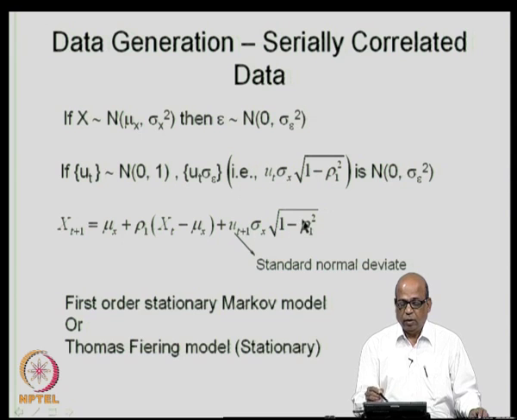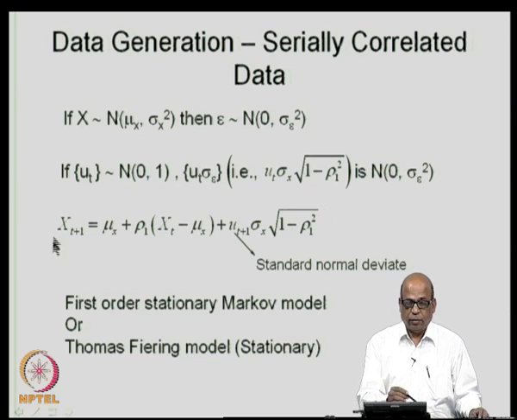Why do we write this? This we are writing to ensure that the sequence that we generate will have a normal distribution, that is, this random term will have a 0 mean and a variance of sigma e square. That is why we are introducing this. What is this u t plus 1? It is a standard normal deviate, or a standard normal random number, which I repeat, follows the standard normal distribution, which is 0 mean and unit variance.